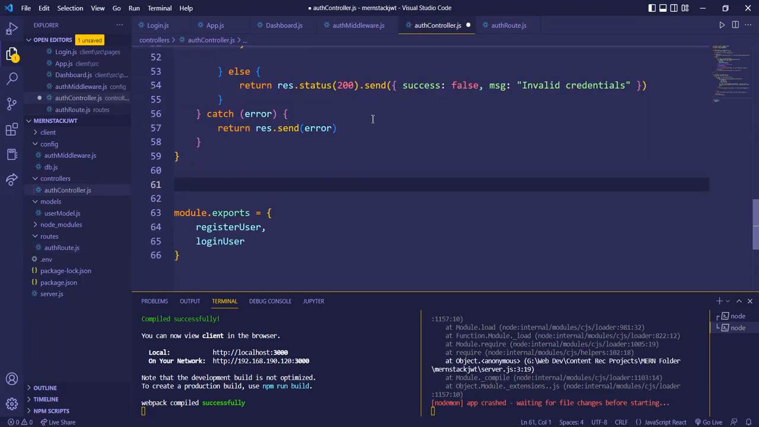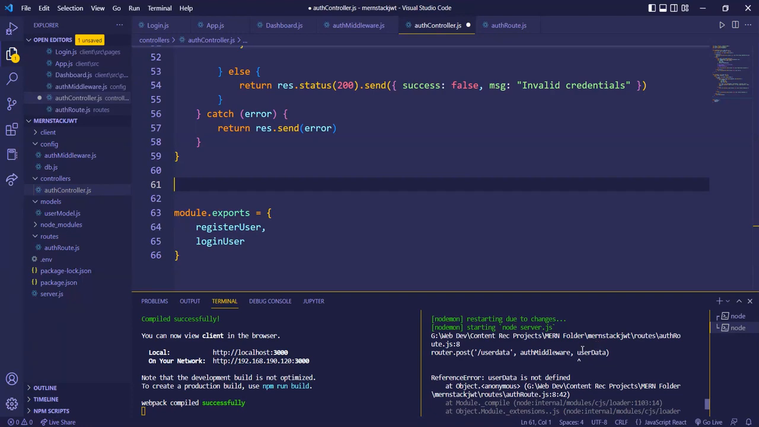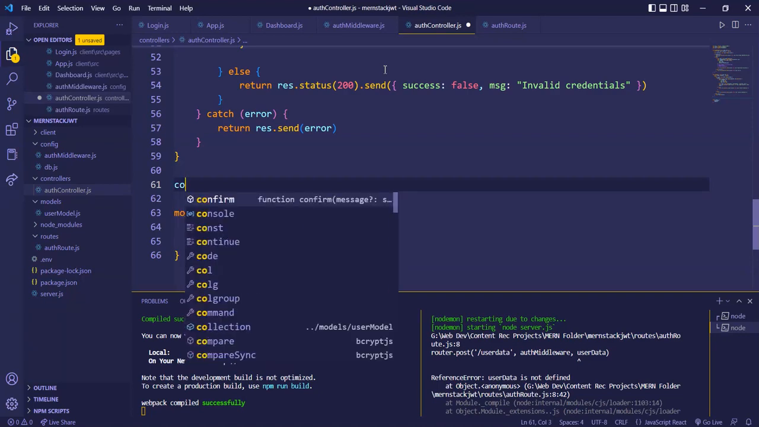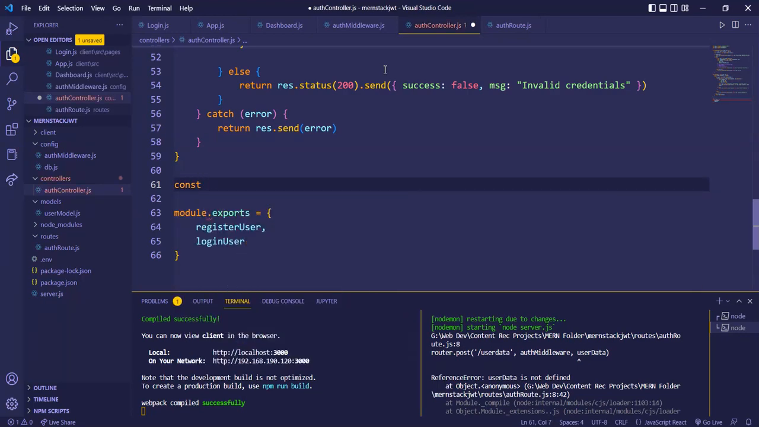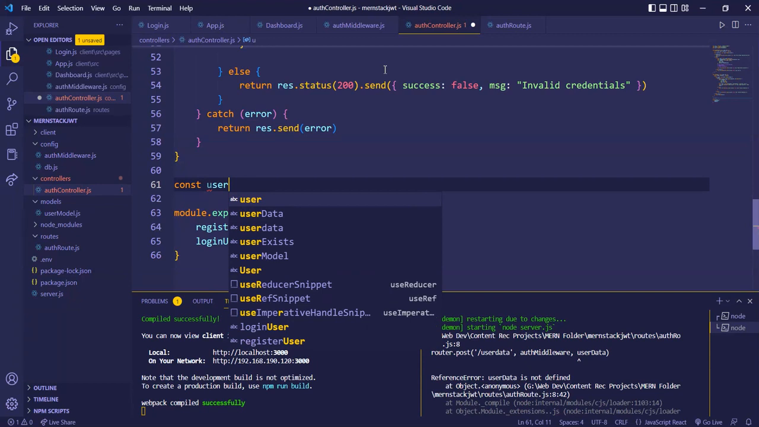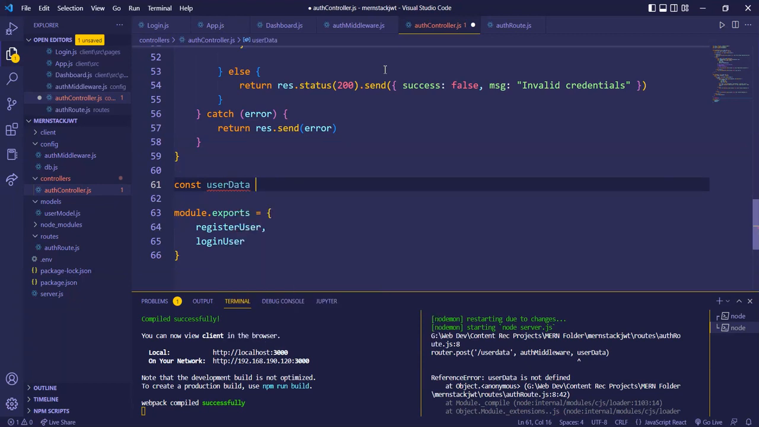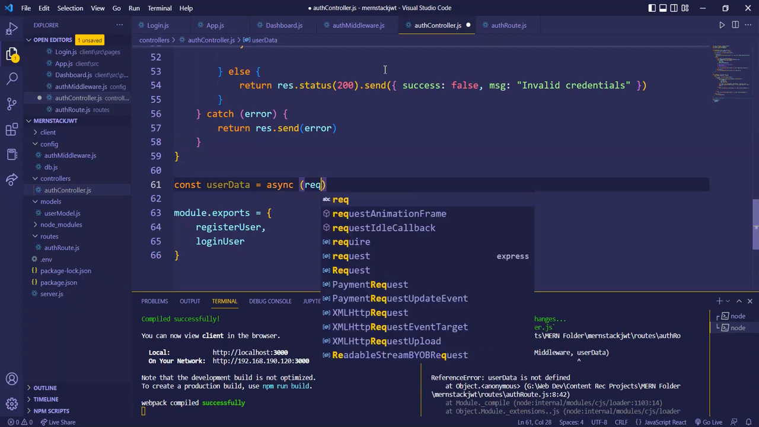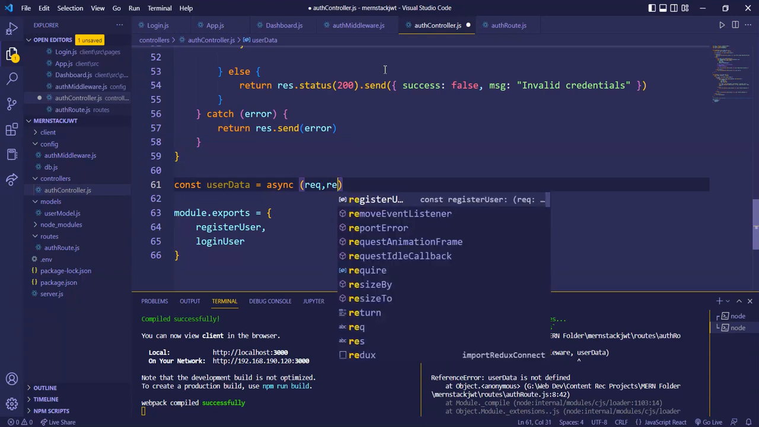And now in the auth controller we need to define that function. So this is throwing an error, let's see what the error is. Yeah, it's userData, because we have just defined it but we have not written the function for it. So we'll write the function and export it there. So here userData equal to, and this will be asynchronous because we are handling all the JWT and all those stuff, right? So, request, response